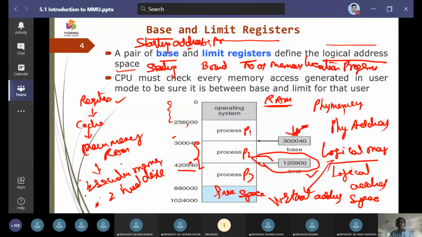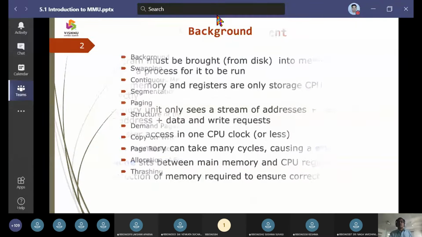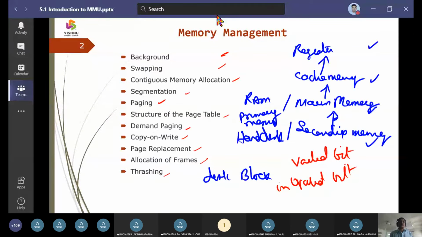So we have two words as we just discussed. The first is the base register, and the second is the bound register, the other name of which is the limit register.